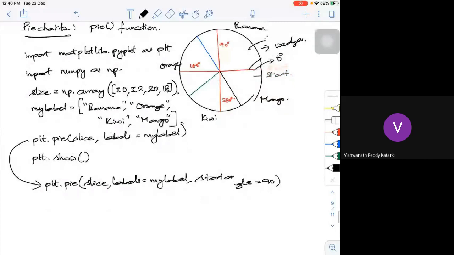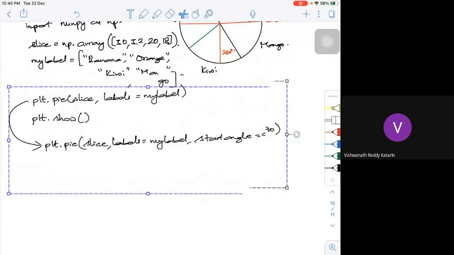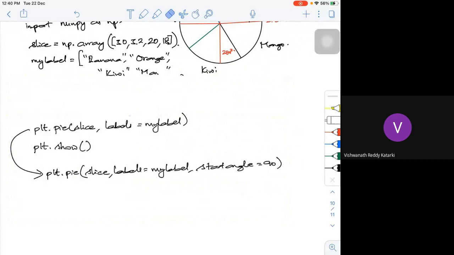See, after my label, if I want to explode it, I can add a code for that. What I'm going to do is give my explode.